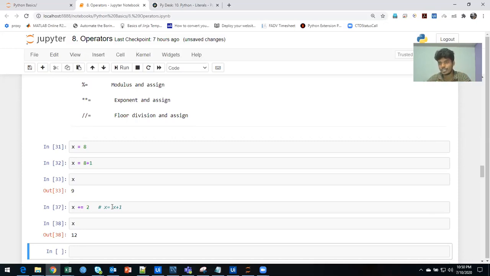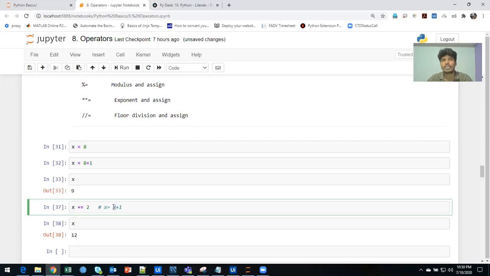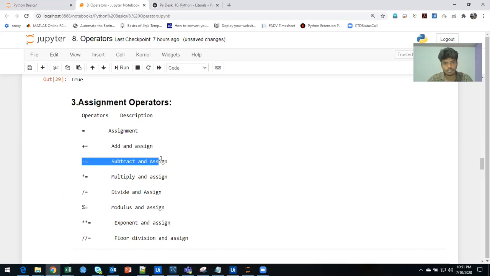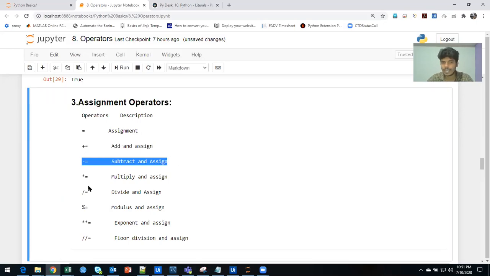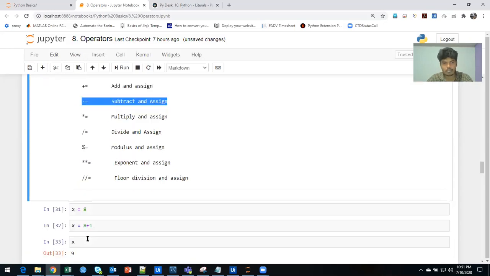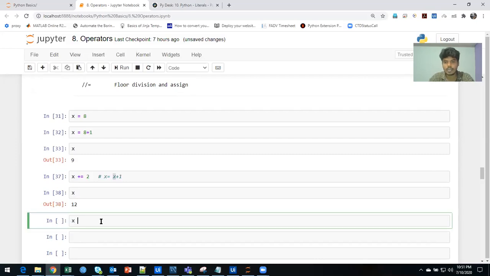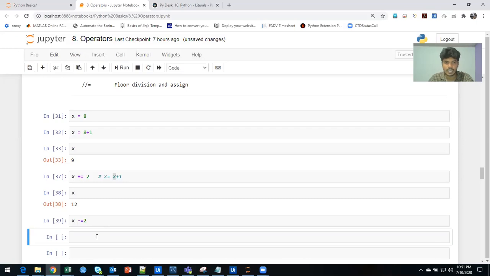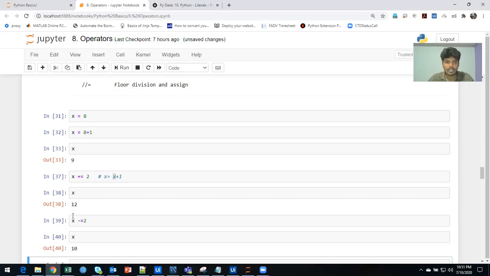You are making an addition to the existing value without having to create a formula like that. And it's the same for every other arithmetic symbol. If you are going for negatives, it is the same. We have discussed plus, minus, multiplication, division, percentage, power, and floor division. It is the same operations. I'm going to give x -= 2. It is going to give x minus 2, right? So if I print x here, it is going to be 12 minus 2 equal to 10.